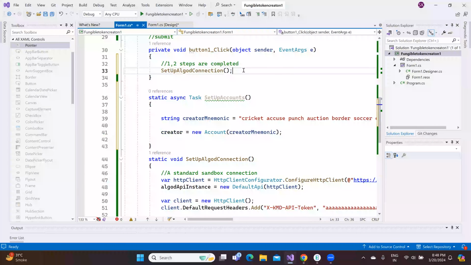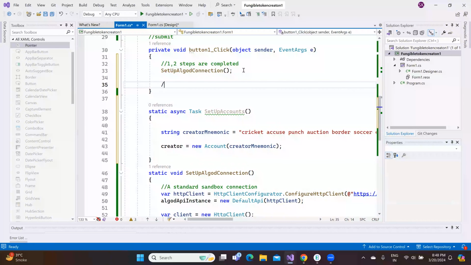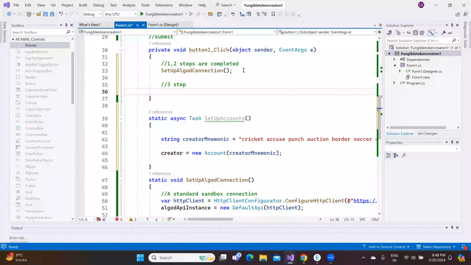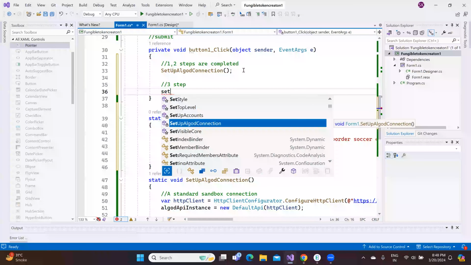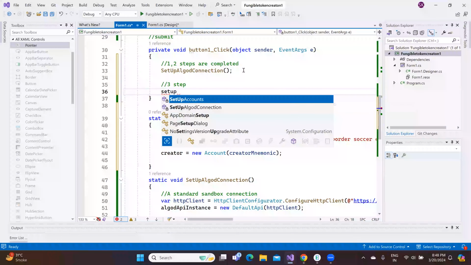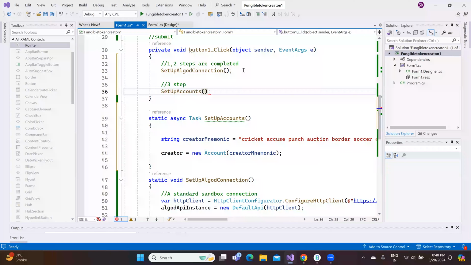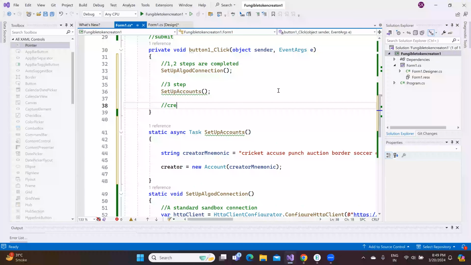So as a second step, my third step basically is your wallet creation. So in that, I will call setup accounts. Okay, so now my account is also created. My network is also established. And now most important part, which one? Create the transaction, or we can say step,